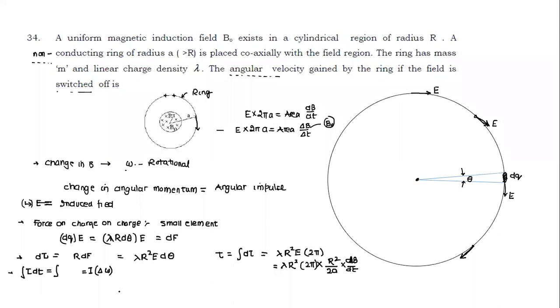You see, basically, force will act in all directions. If I take one element here, and a diametrically opposite one, because there's some symmetry existing here, then if the force is acting towards the right on this one, the force will act in the opposite direction on the other. If I divide the whole ring into several such diametrically opposite equal pairs, all forces will cancel out in pairs.